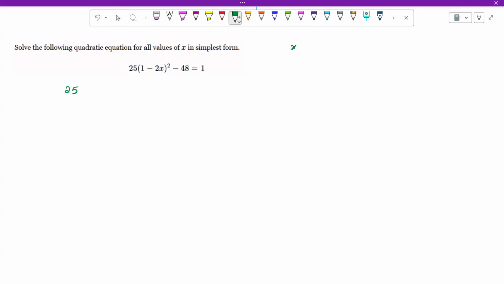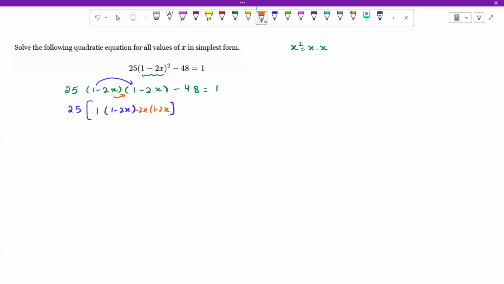When we write x square, it means x times x. So this expression's whole square means there are two such expressions which are multiplied. Minus 48 equal to 1. Now over here the first thing is we multiply it inside. So first we are multiplying 1 with 1 minus 2x, and then we are multiplying this negative 2x with